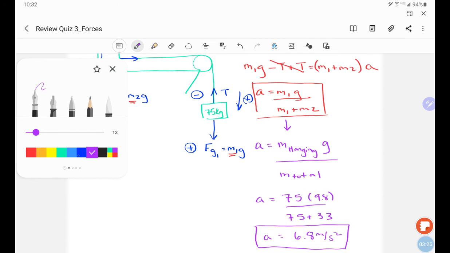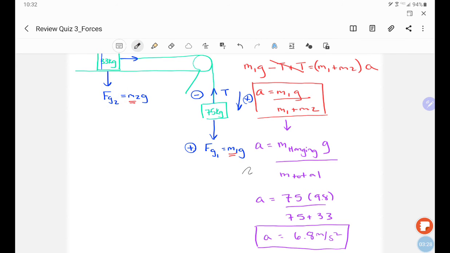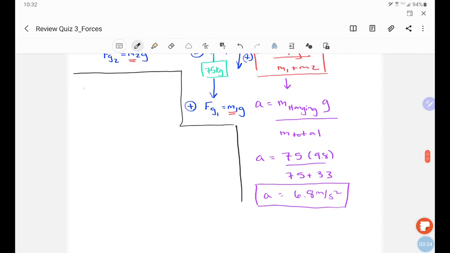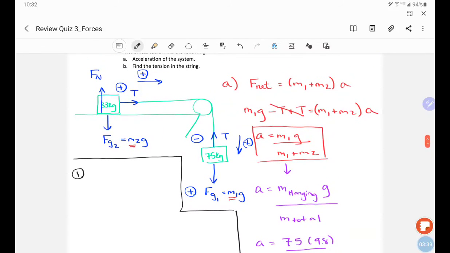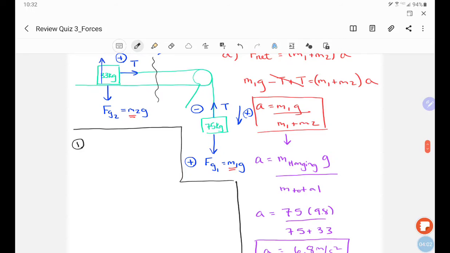For part B, we need to find tension. Let's get some space here. There are two ways to find tension. And by two ways, I mean, in order to find tension, we cannot look at acceleration of the system. We have to look at acceleration of one mass only. So we're going to split our free body diagram up into two parts. So we can either choose mass 1 or mass 2. I will do mass 1 first, and then I'll do mass 2, just so we understand we'll get the same answer here. So if we look at mass 1,